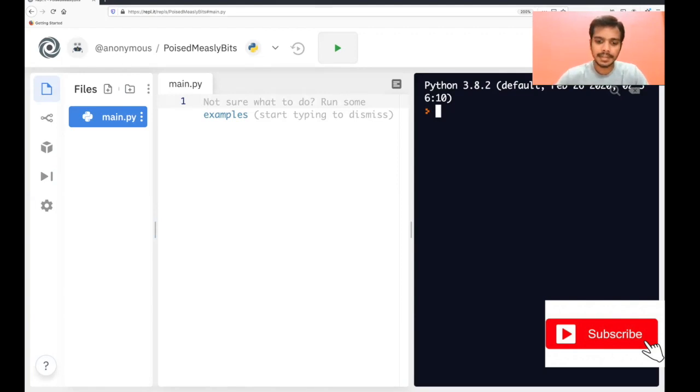So you can write print, and the Python version on this website is 3.8.2. So type print hello world. This should also print hello world here. If you want to clear the screen, there is a cross at the end. Press this, the screen will be cleared, and press enter again, and you are in the shell again.